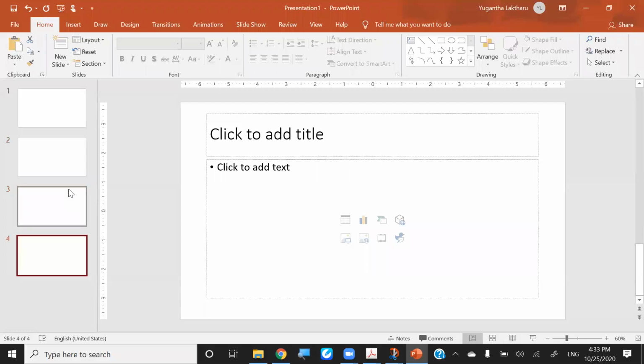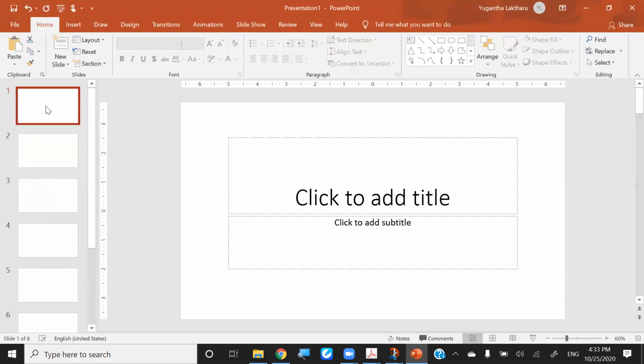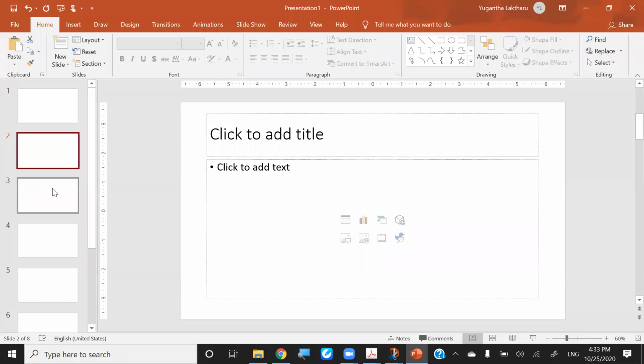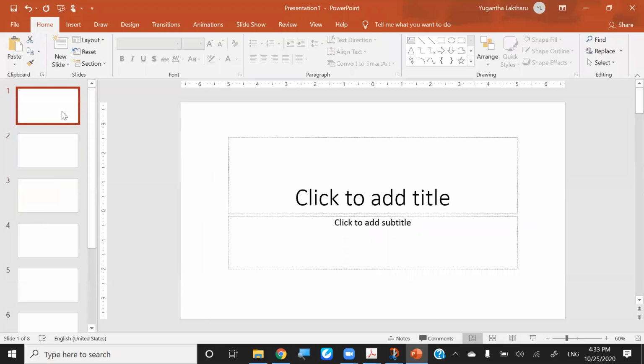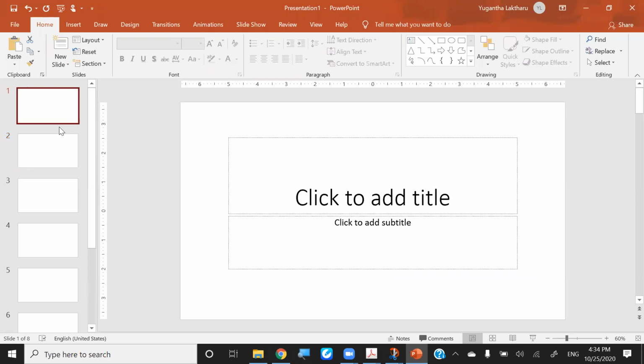So you can have any number of slides by pressing the Enter key, and be careful, these slides have something called a layout, which we are going to discuss soon. So those layouts will be changed, right? When you are starting something newly, you can create the things, you can format your slide how it's going to be, right? Or else later there is a facility called the slide master. Using that also you can